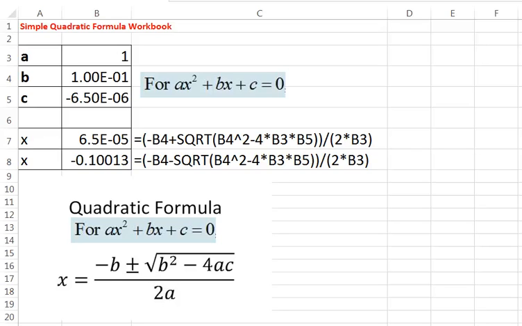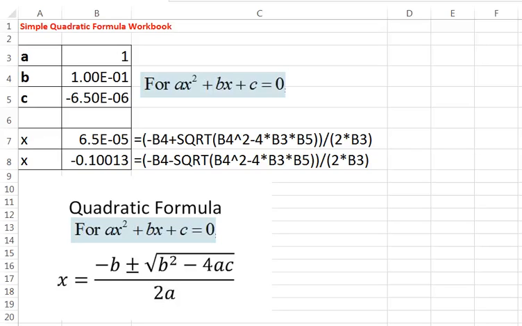Today we're looking at how we could set up a quadratic formula workbook. Now this is really useful when we're solving for equilibrium concentrations for weak acid or weak base systems. So the first thing we want to do in those cases is, as we've discussed in lecture, set up your ICE tables, determine your concentration of all species at equilibrium with respect to a variable such as x, and then